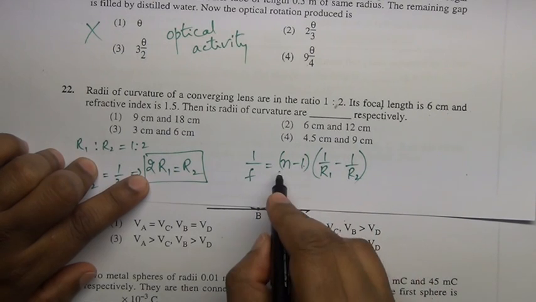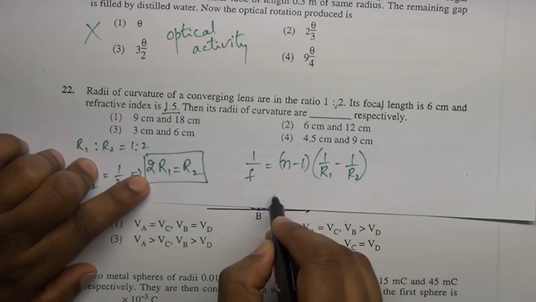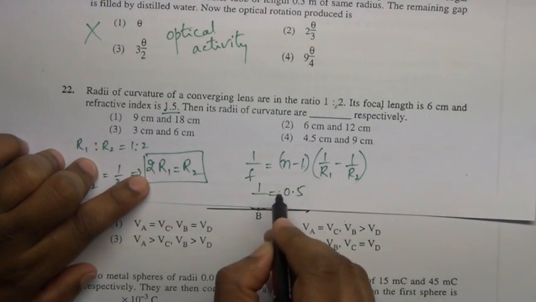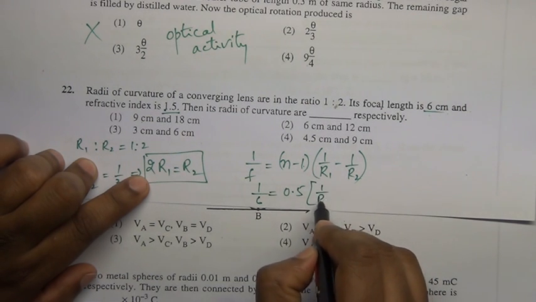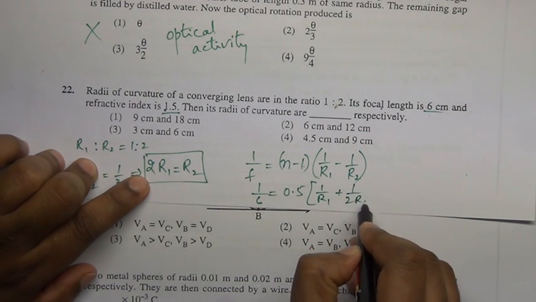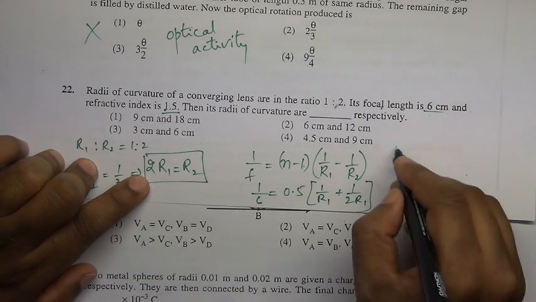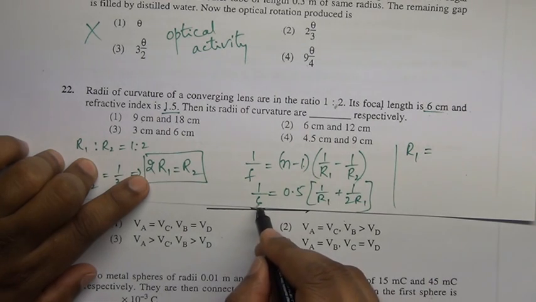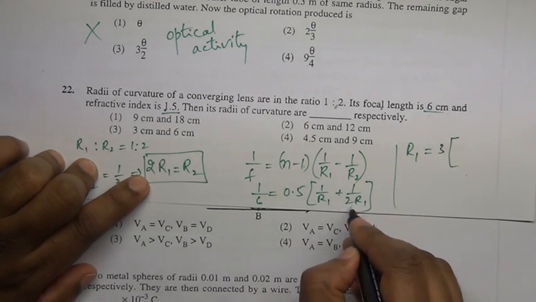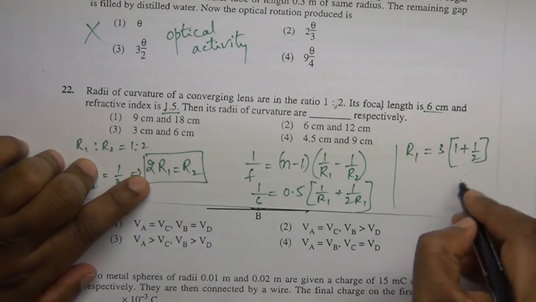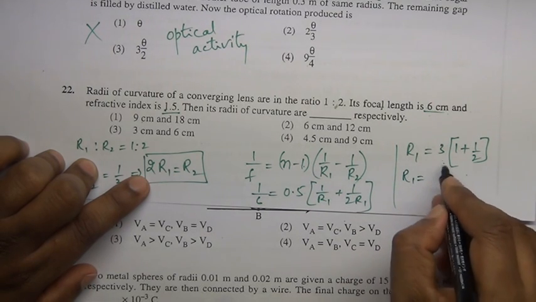2R1, refractive index 1.5, minus 1 is 0.5. Focal length is 6 centimeter. 6 into 1 by R1 plus 1 by 2R1. Take R1 common factor, take it to the other side. R1 equal to 6 into 0.5 is 3, into 1 plus 1 by 2. Or simply solve for R1. Okay, doesn't matter. So R1 equal to 3